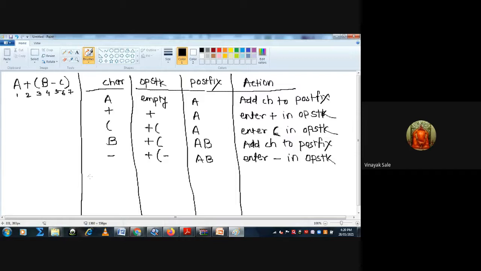Then the next character is C. The stack has plus, opening bracket, minus, the postfix is A B, then C. Add the character to postfix, that is add C to postfix.